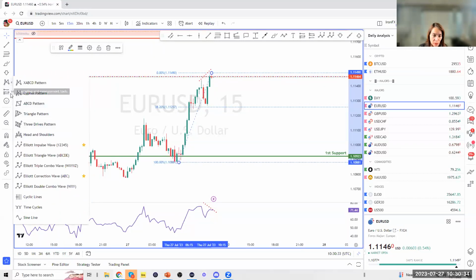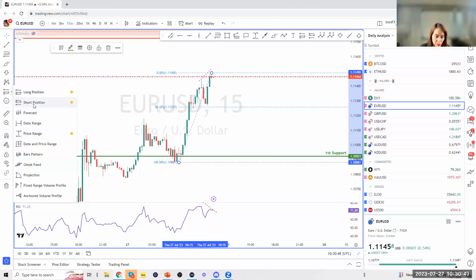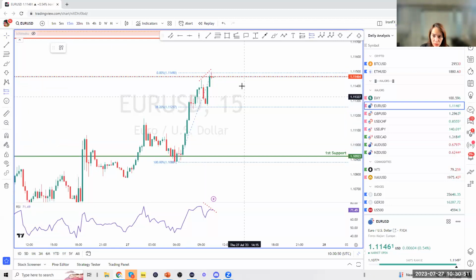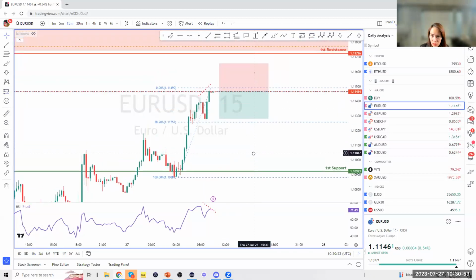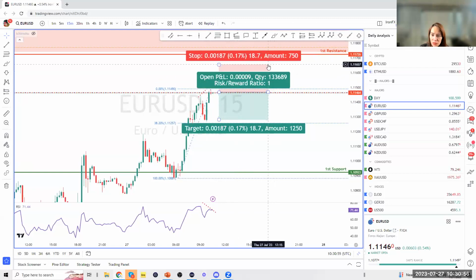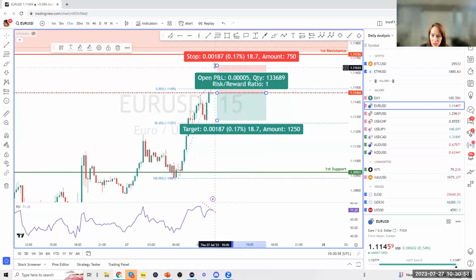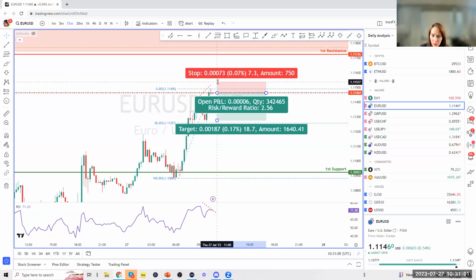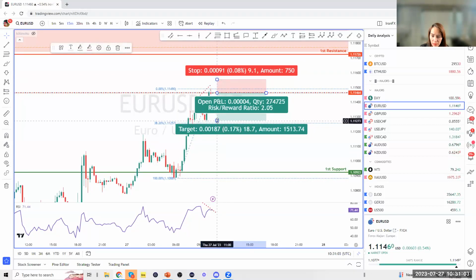If you know how to use Fibonacci, you can use Fibonacci to help you place the TP or place the stop loss. For example, you short, okay, you were to short here, for example. If you were to short or scalp, your TP could just be above this, and then your SL, sorry, and then your TP just somewhere around this